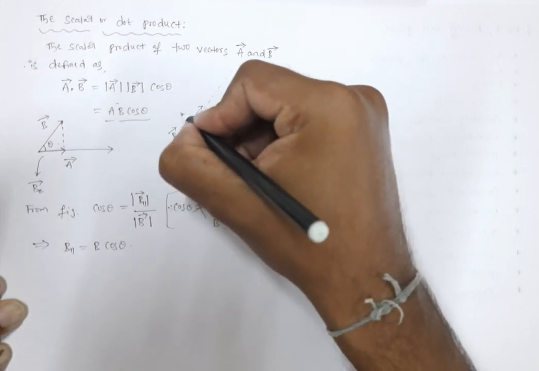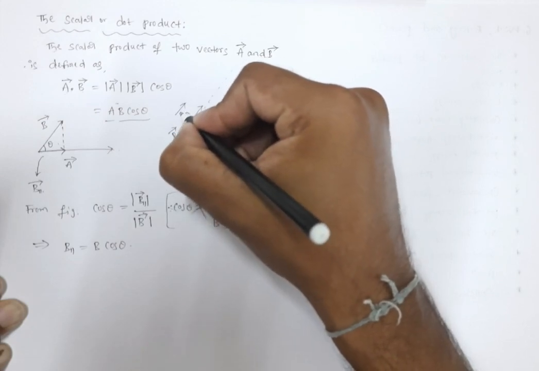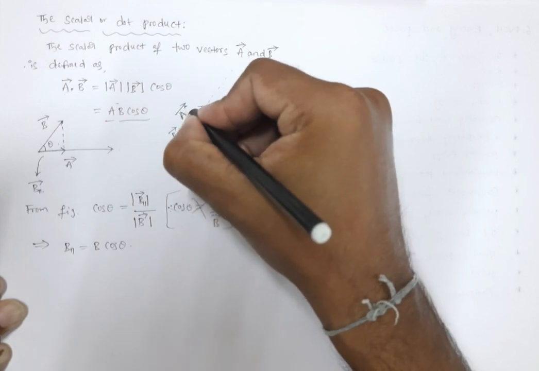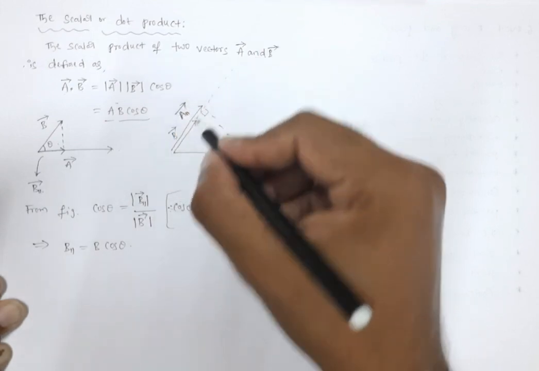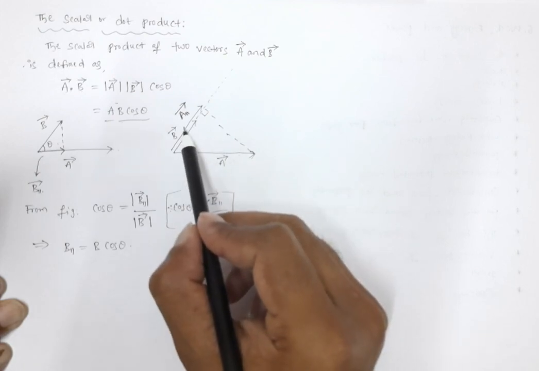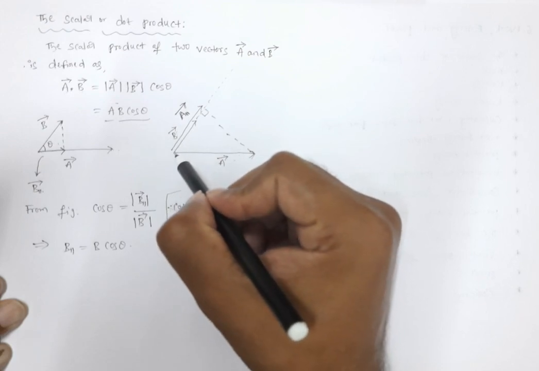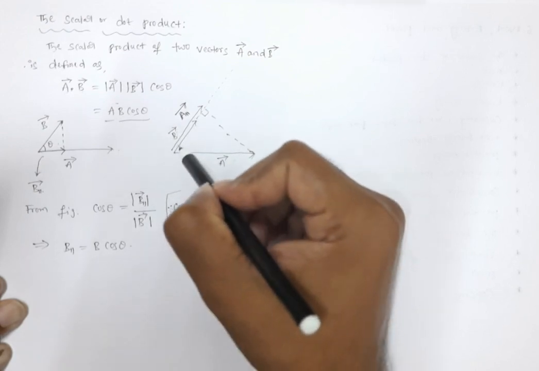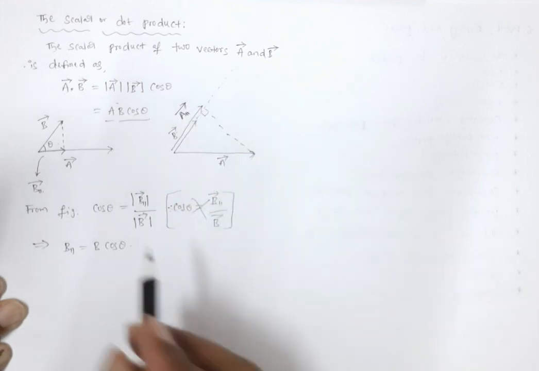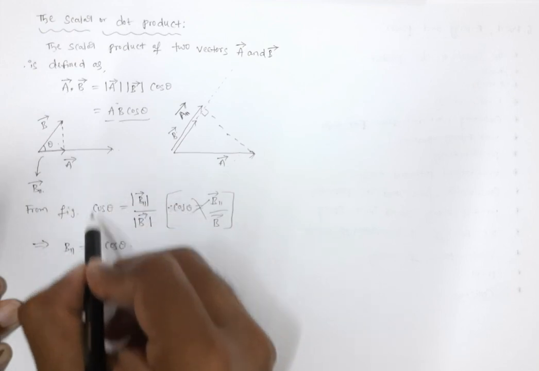Now I call it A parallel bar. The symbol represents parallel. What is this A parallel? The parallel component of A bar with respect to B bar. Now take the product of these two things. Actually B bar vector is from here to here, and A parallel bar from here to here. Now take this product simply. So A parallel from this figure, from the first figure we are writing like this.